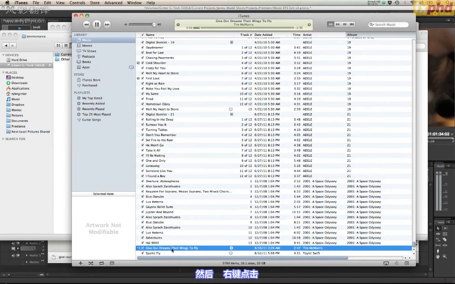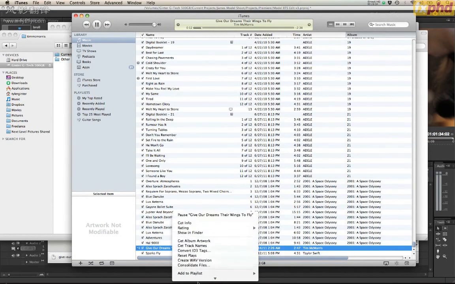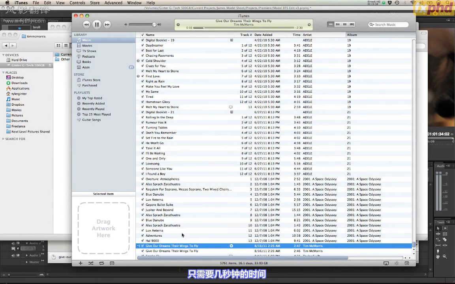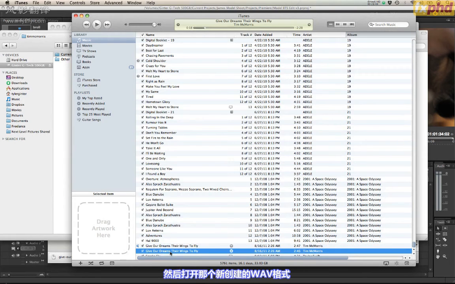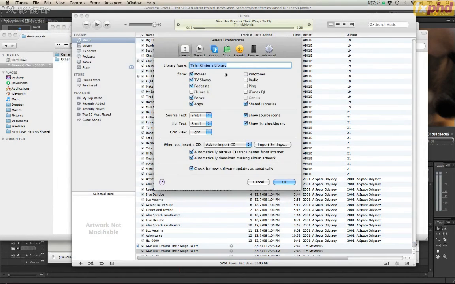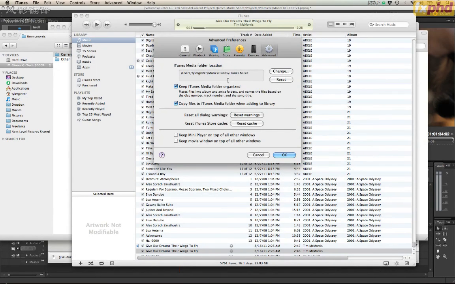And all I have to do is right-click on it and create WAV version. And it only takes a few seconds. And then right-click on that new WAV version of it. In order to do this in iTunes, you actually come under your preferences. And when you come under your advanced,